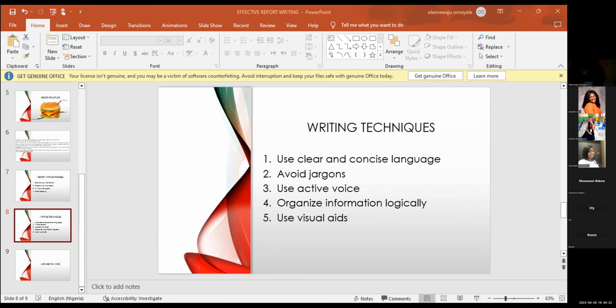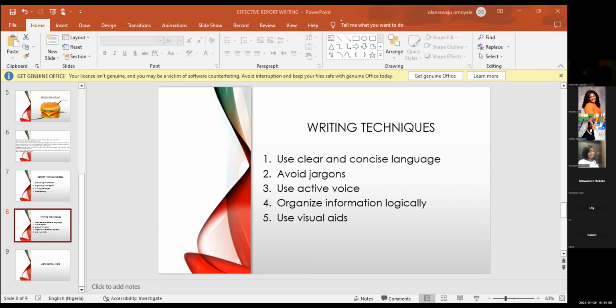Go straight to the point and pass the message, let the reader understand what you are trying to say. Avoid unfamiliar technical terms. Use language that is easily accessible and can be easily understood by the reader, the audience, the parents, your team lead, or whoever is checking that report.